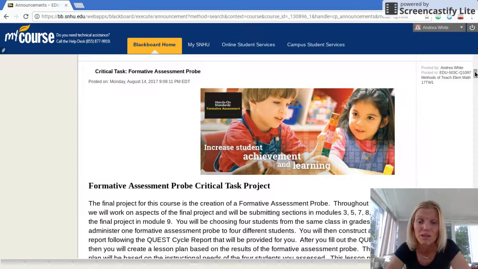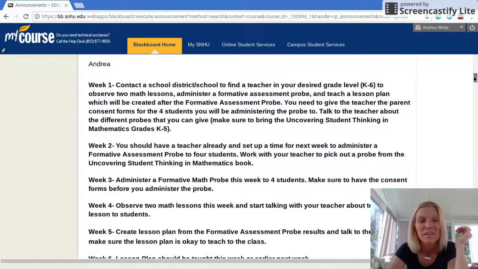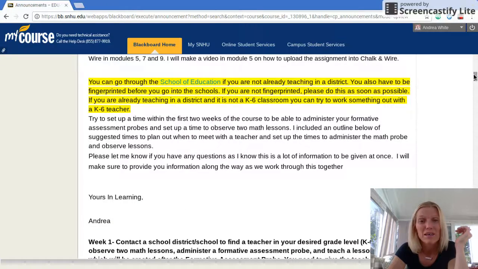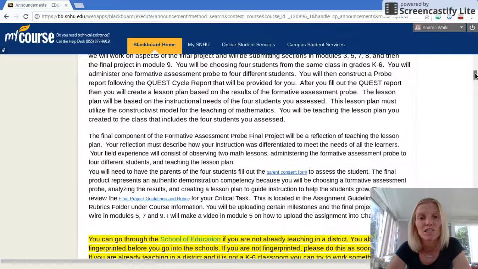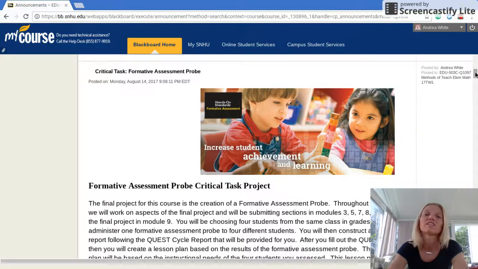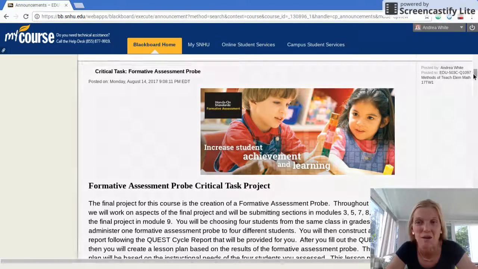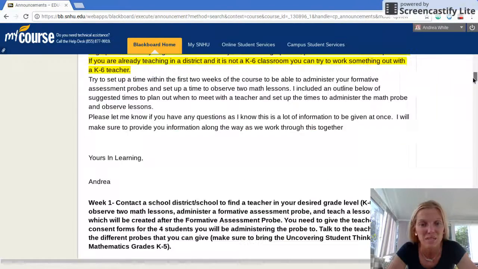If you're in the New Hampshire area, there's a link below to click to get set up with the School of Education. You don't have to, it's not mandatory, but that'll help you get placed. So if you already have someone placed, check with me and I'll double check with the dean and we'll get you set up. So that's kind of the first necessity, is to get your classroom, if you don't already have one, and to have it set for your critical task. So that's kind of the big